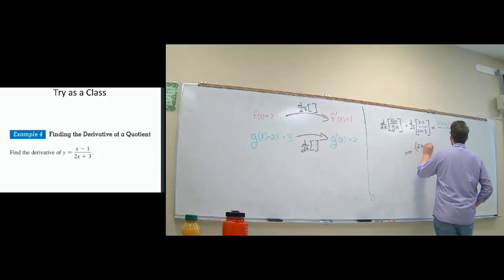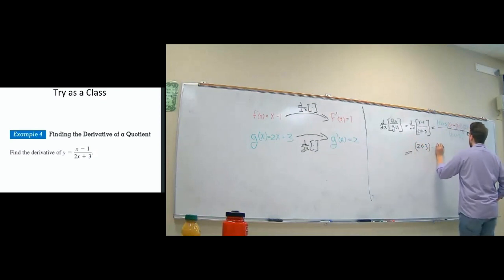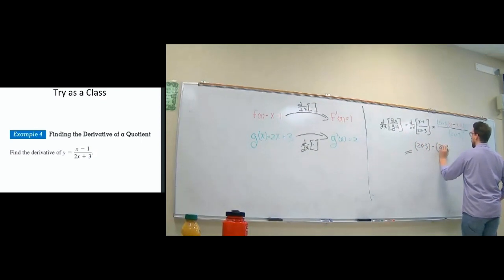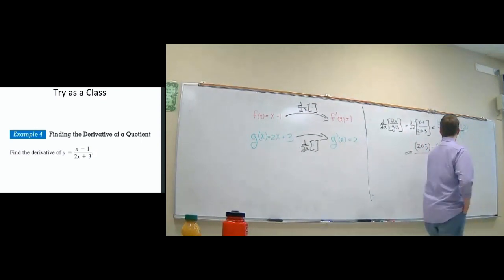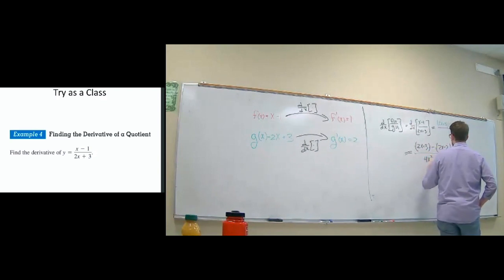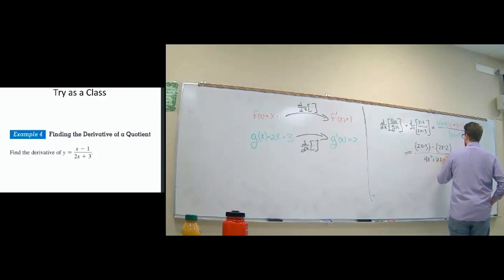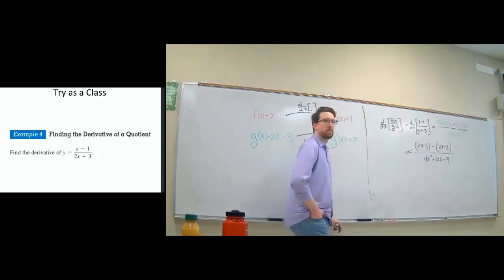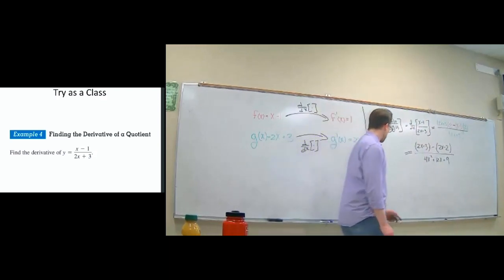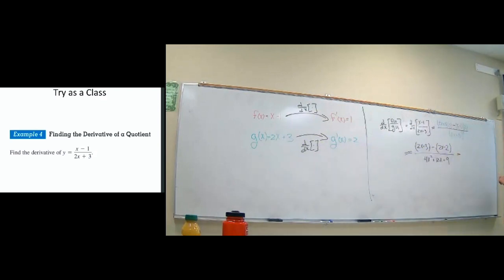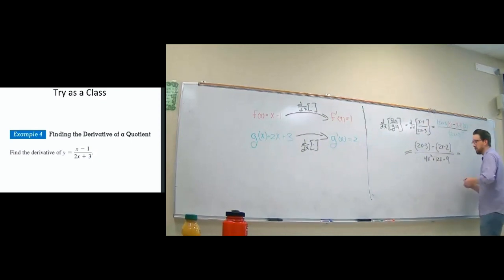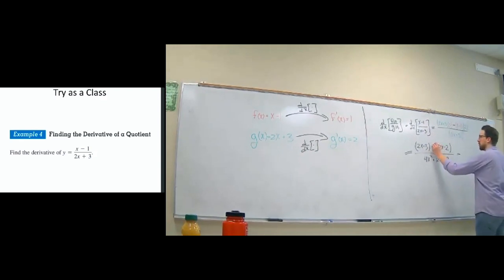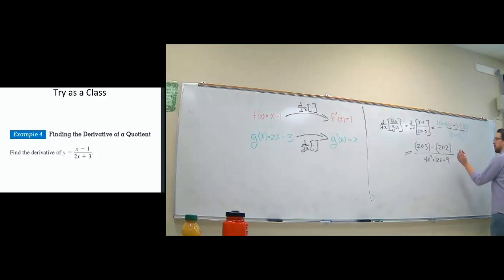2x plus 3 minus 2x minus 2, divided by the square of this, which is going to be 4x squared plus 12x plus 9, distributing our negative all the way through. And dropping our parentheses, we get